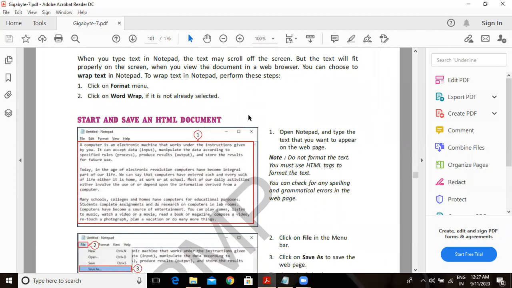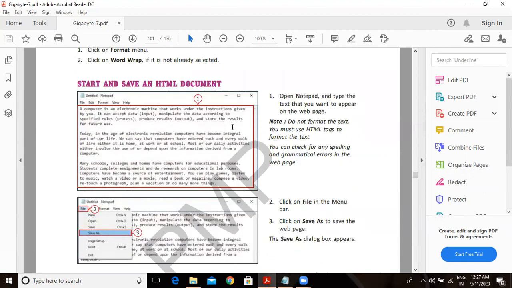Notepad file is a text file and its extension is .txt. But I don't want to make it a text file. I want to convert this notepad file into an HTML file as a web page. It should save as the web page.